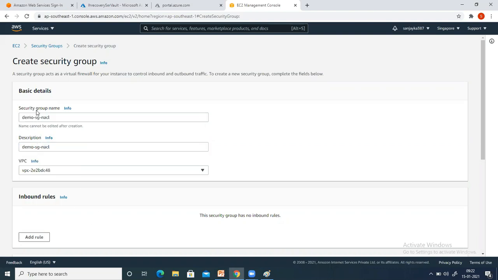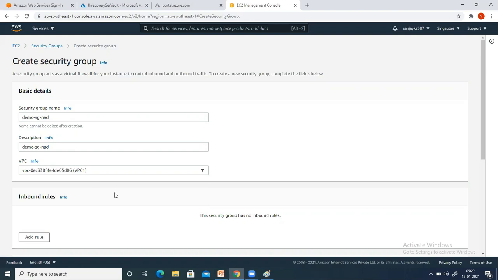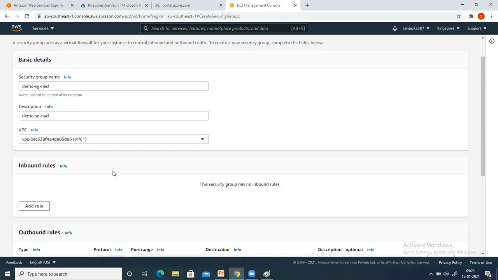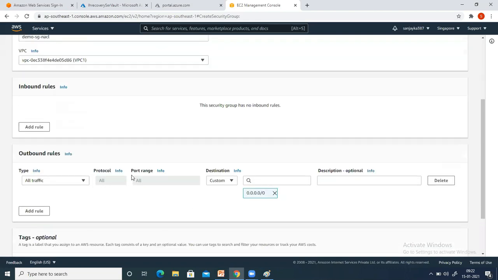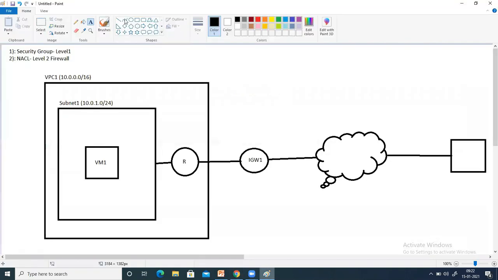This security group I will implement inside VPC1, so the scope of the security group will be inside this. After that you can see that there are some inbound rules and outbound rules.